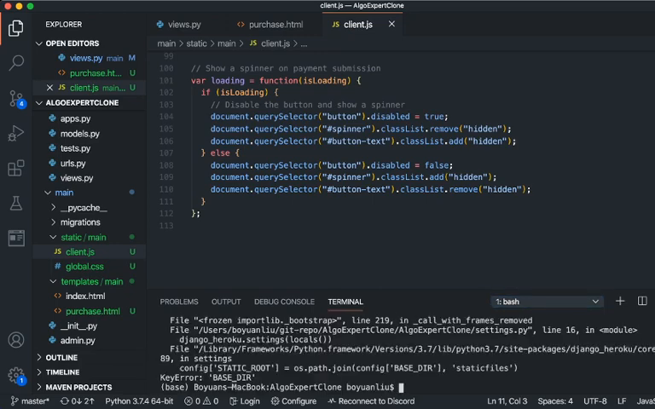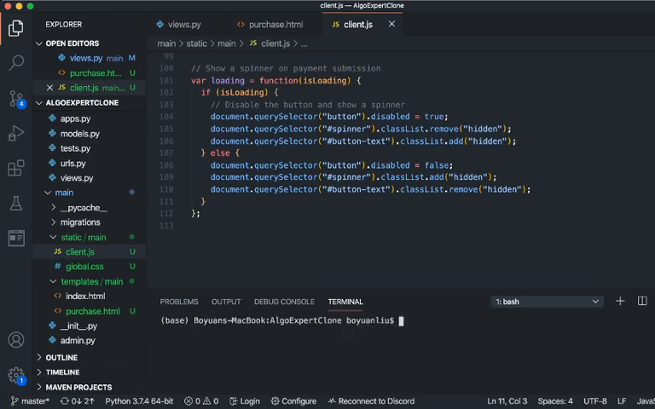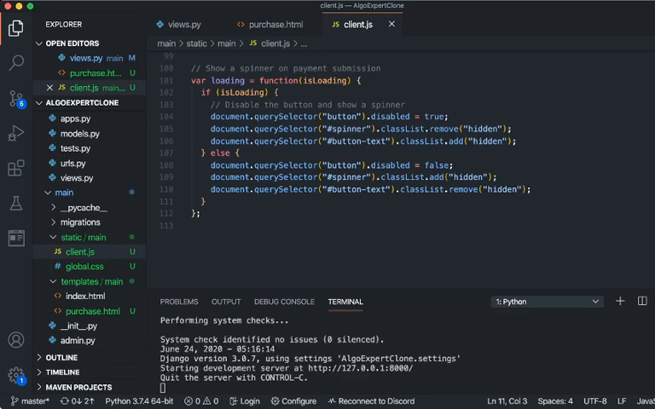All right, let's say python manage.py runserver, and then take a look. Can we access the purchase route? Let's see, it takes a while to run. From my system checks, looks good. All right. /purchase